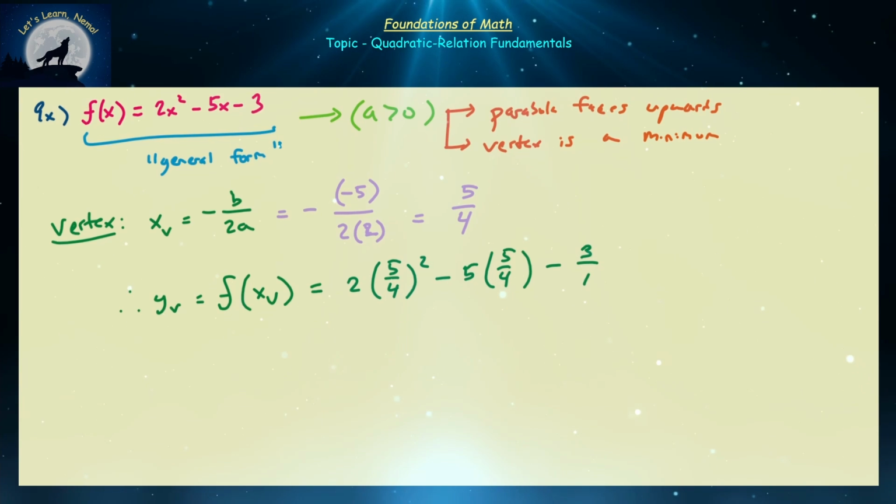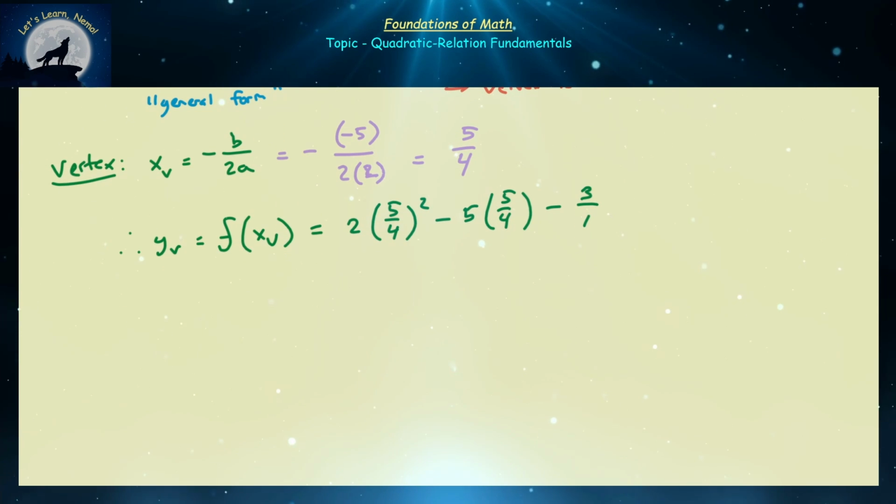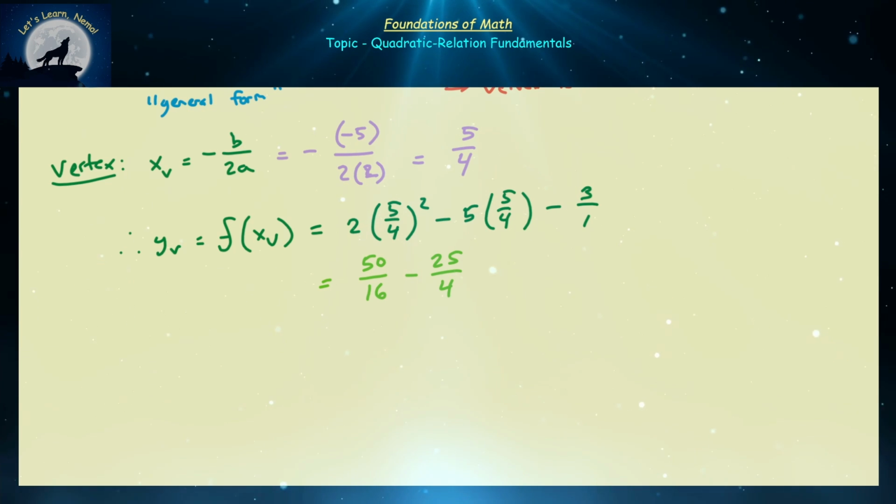And I'm going to put that over 1 because we're going to have to get some common denominators here. So 5 squared is 25. And 25 times 2 is going to be 50, and 4 squared is going to be equal to 16. 5 times 5 is going to be 25 divided by 4, and we're going to have to get a common denominator, so I'm just going to multiply that by 4 now. And then we're going to have 3 over 1, and that's going to be multiplied by 16 to get that